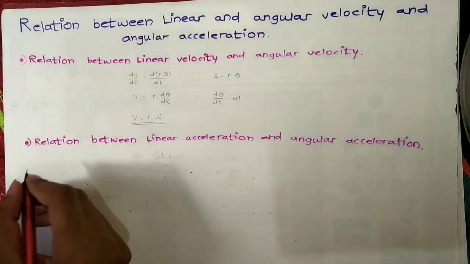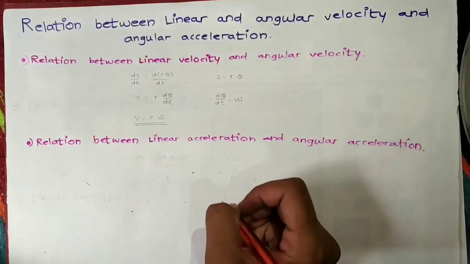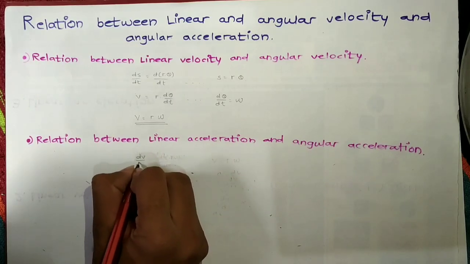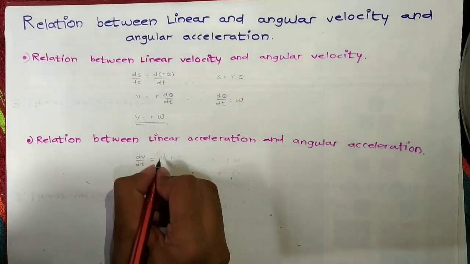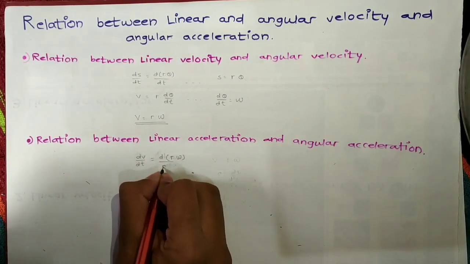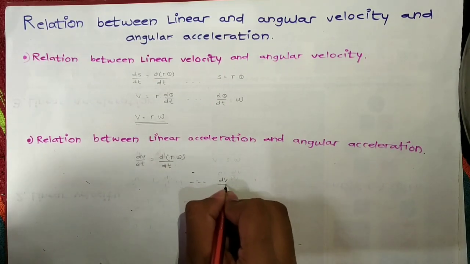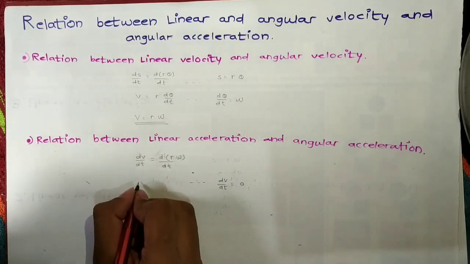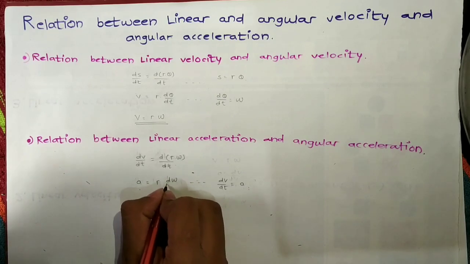Now next topic, relation between linear acceleration and angular acceleration. In that, the linear acceleration formula is dv upon dt, which is equal to d r omega upon dt. And we know that dv upon dt is equal to a, means acceleration. So a is equal to r into d omega upon